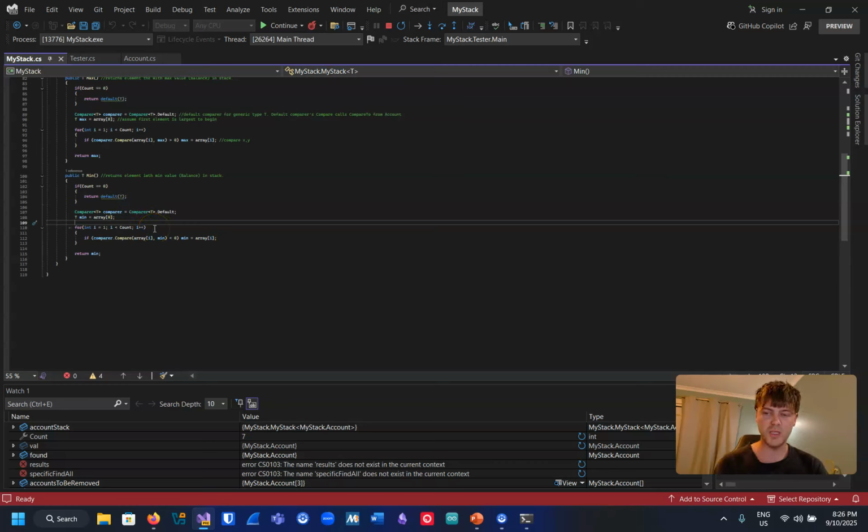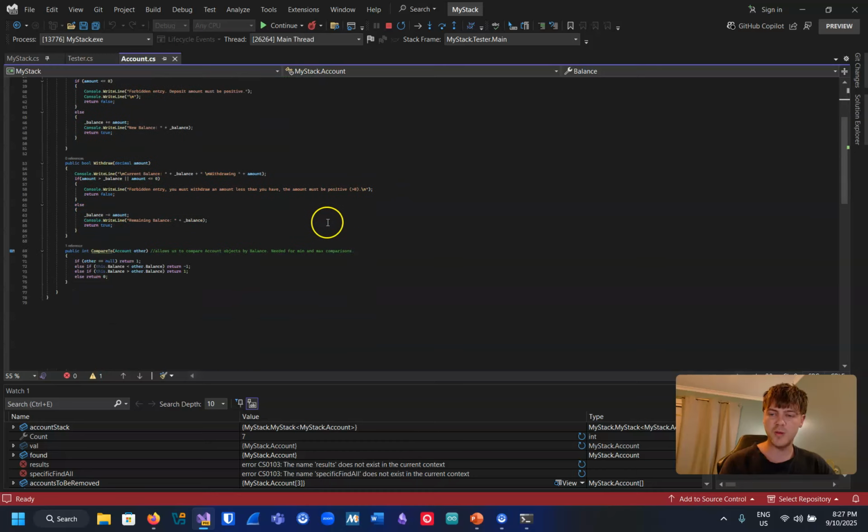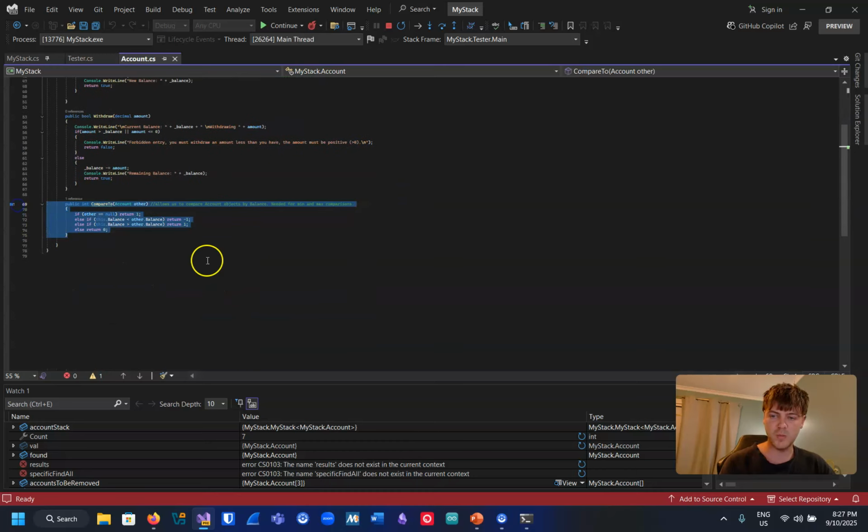We'll create an object of the comparer class called comparer. And all we're going to be doing is using the default comparer. Now, the default comparer relies on the iComparable interface, which we've implemented into the account class. Now, for the iComparable interface, we've defined a public method called compareTo, and this is going to define how we're comparing account objects. So it will let us compare them by balance, and say the balance of account object 1 was greater than the balance of account object 2, then we'll return 1,